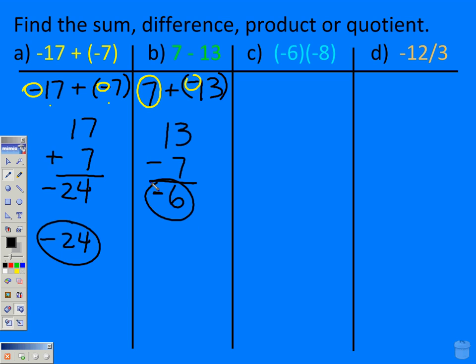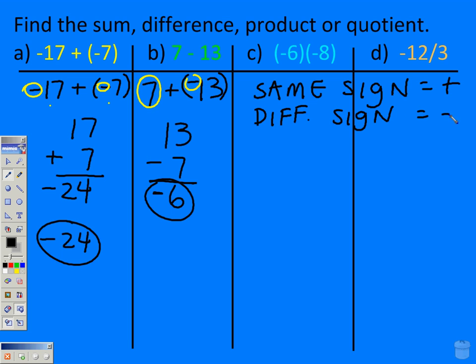In C, we are going to be finding the product. And we recall that for product and quotient, same sign is positive. Different sign is negative. So in our example here, we've got negative 6 times negative 8,